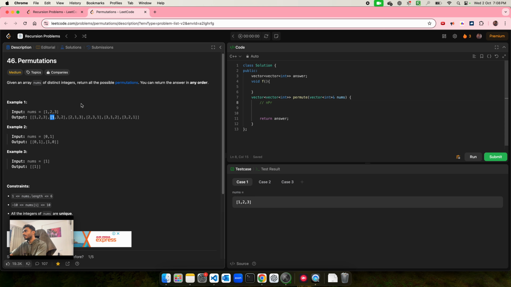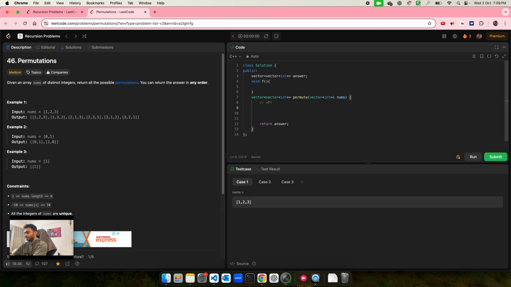We'll write 1 2 3, and then all the permutations which were possible from 2 3, we can append to 1. If we write 2, then all the permutations which were possible from 1 3, we can append to 2. This is exactly what recursion should do. If we are going to write code, we should think in that manner only,